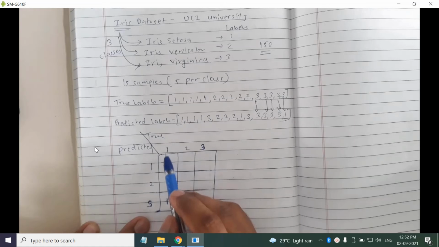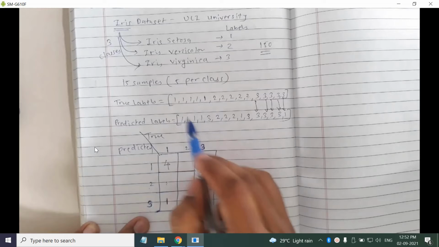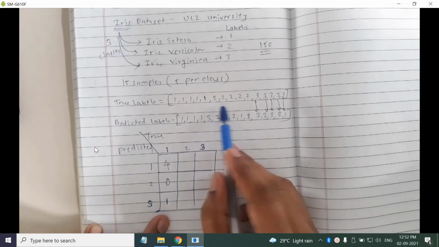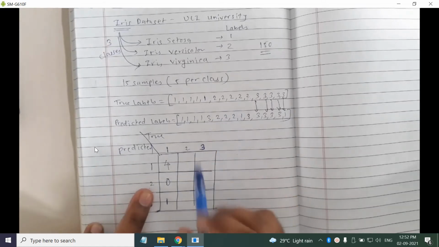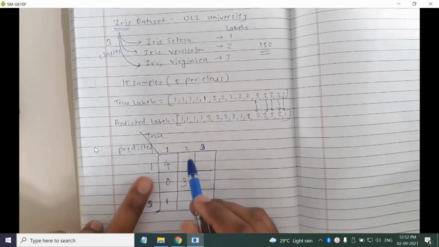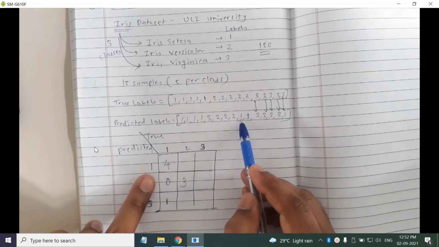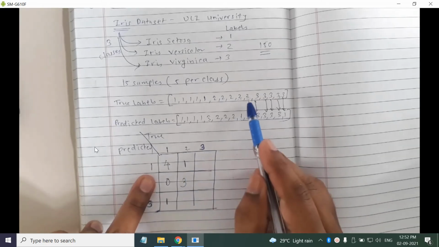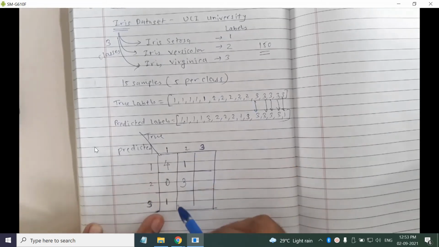Okay, and what about this? The true label is 1, predicted is 2, so we don't have that case, so 0, right? Now then 2 2, the true label is 2 and predicted is 2, it is happening for 3 samples, so 3 will come here. The true label is 2, predicted is 1, it is happening for 1 sample, so 1 will come here. Then for the last pair, the true label is 2, predicted is 3, it is happening for